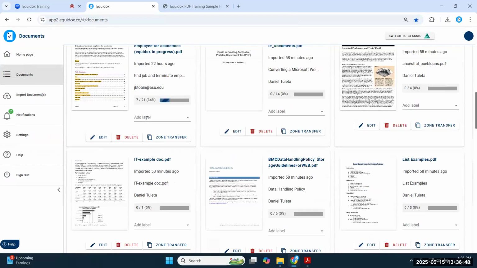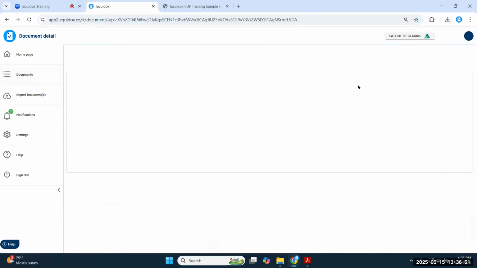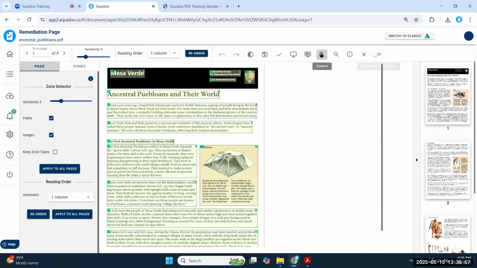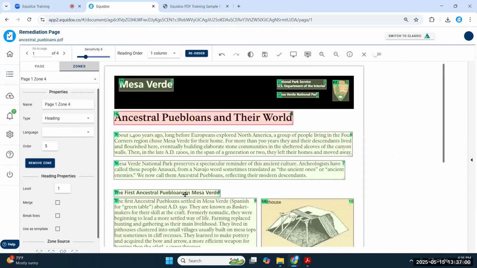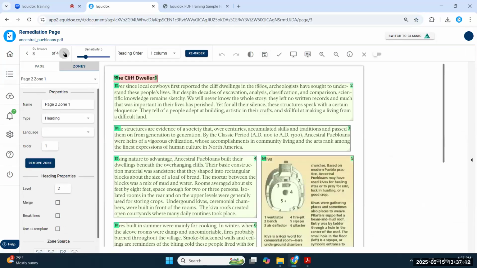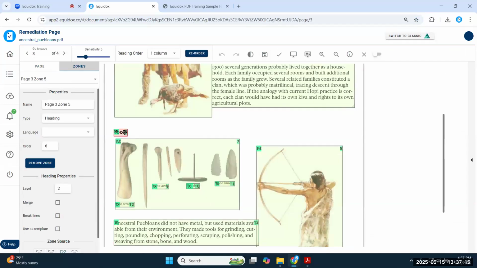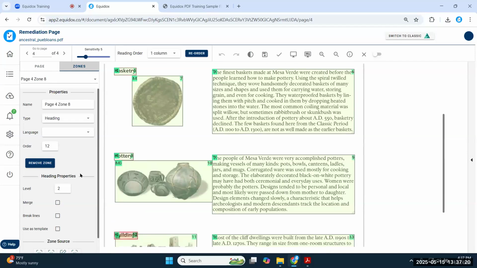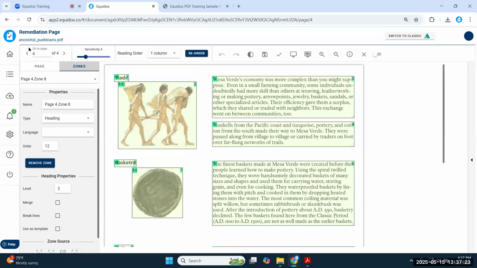Okay, real quick, we were talking about heading templates. This is an example of where it works. I'll set this element here as an H1 and this one as an H2. Then I'll say use as template and save this page. Now, if I go to the next page, I already have an H2 right here waiting for me. If I go to the page after that, here's another H2, another H2. So I'm not having to worry about my heading structure in this document because the font style is consistent throughout all 4 of these pages. I'm able to set it once and rely on the automation to help me out the rest of the way.